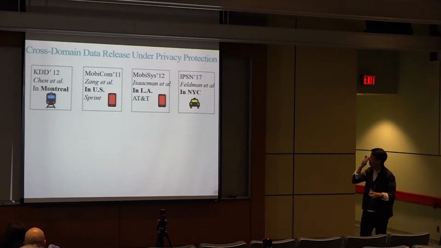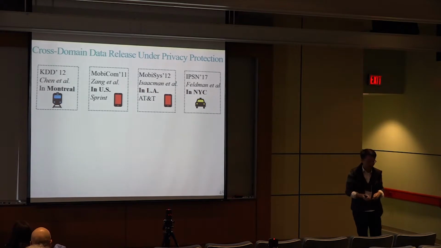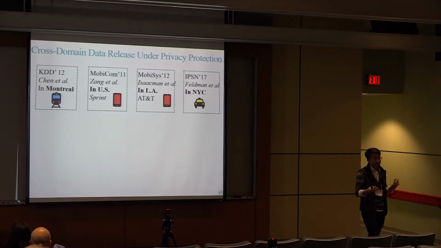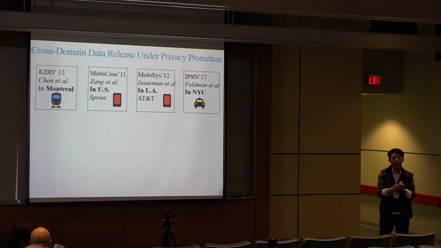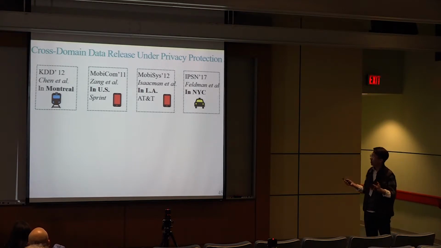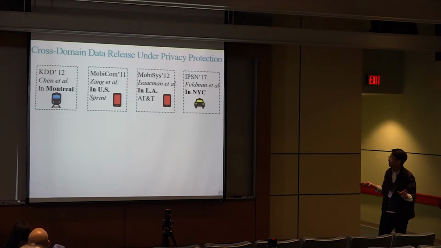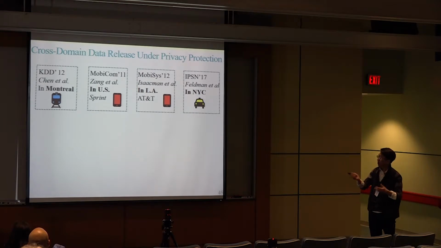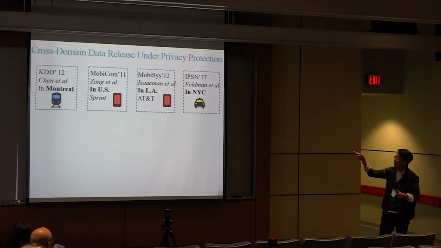The first one is that in our community, for data-driven modeling and the service, mobile sensing, it's very important to have real-world data, but it's hard to get. But several pieces of work have been proposed on how to release the data under different privacy. Okay, release the data from Montreal about their subway and train data and bus data, and also in US